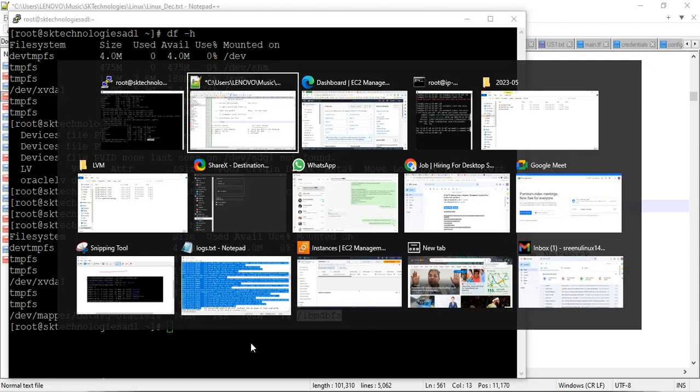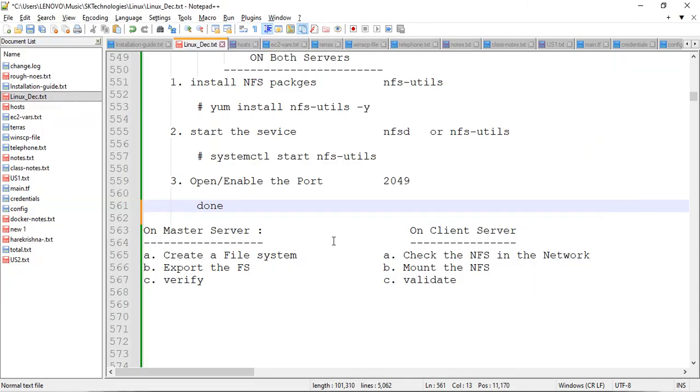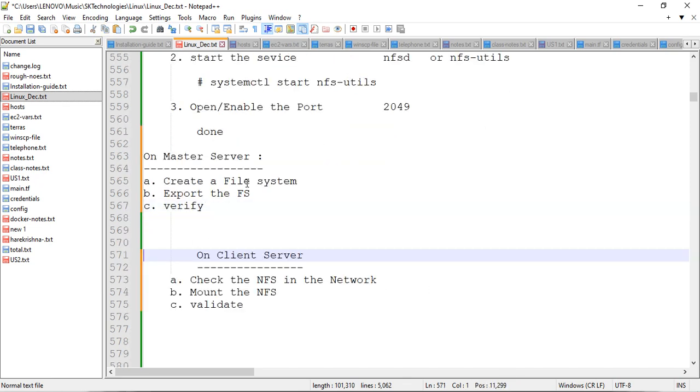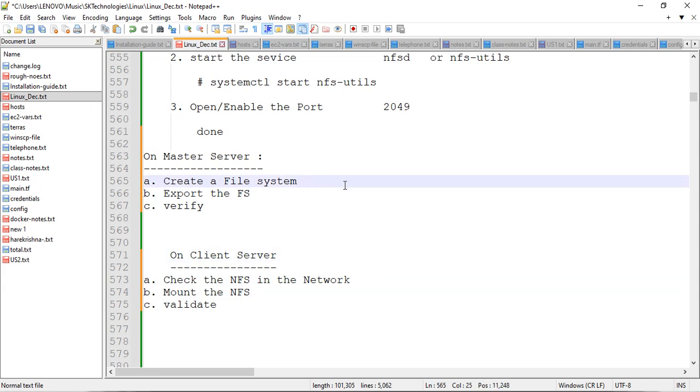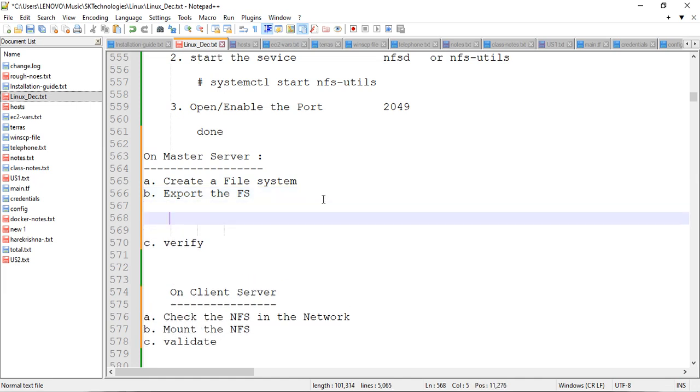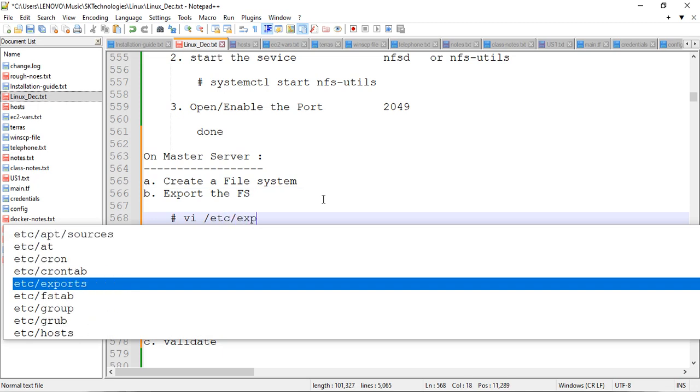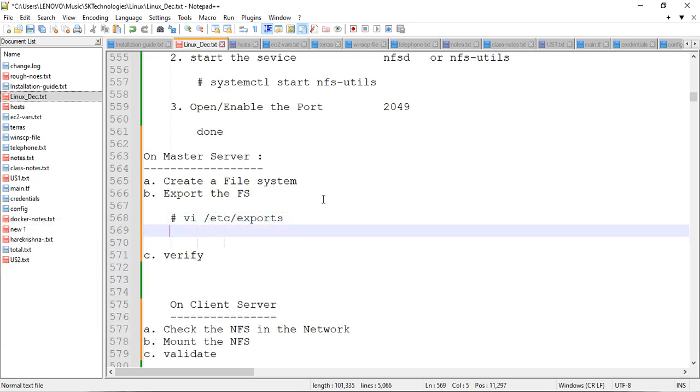Okay. So if you want to export, so here, this is done, and this one is to export the file system. How to export the file system? Now I will tell you. Simply you can edit the configuration file /etc/exports. Once you edit it, you have to write in a format like your mount point name,